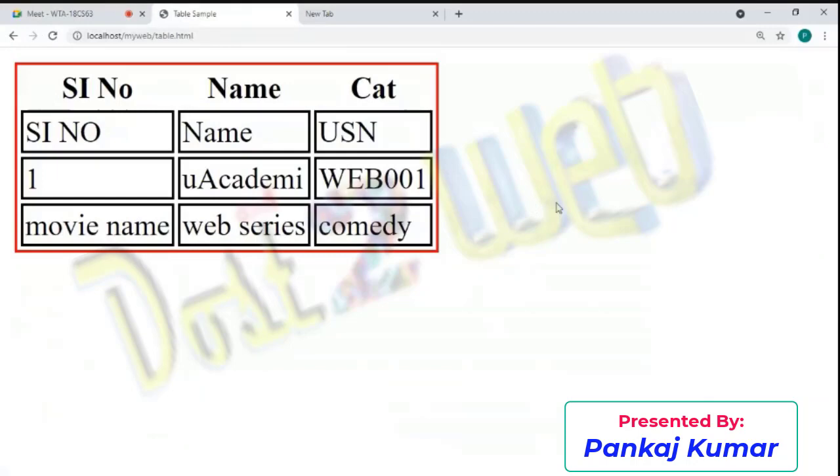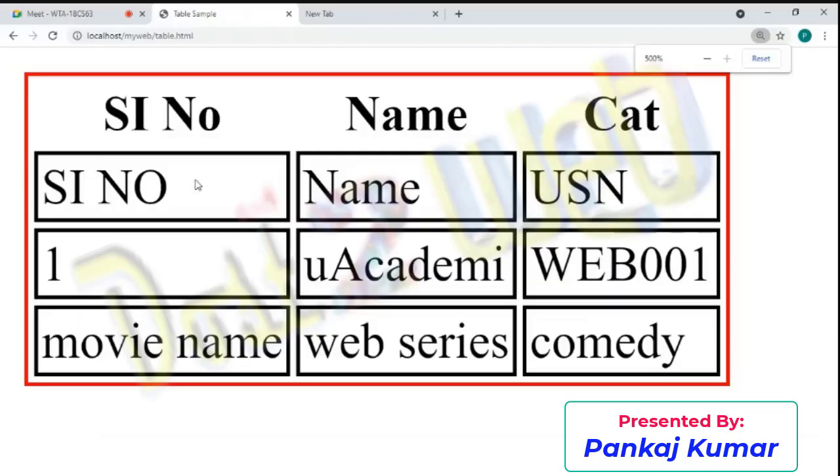Now you can see that each table data is in a bracket, a square bracket, and this also looks good. It depends on how you want it. Actually, I want this to be a complete line. You can see there is a space between these two table data, and even a space between the table rows and the table. I want to remove that space.